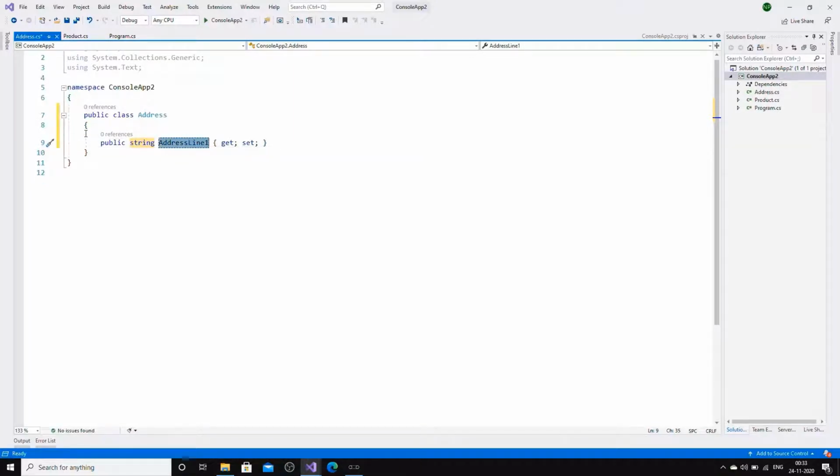I have changed type to string, and I'll give it name as state. I will build it just to make sure everything is fine, there is no compile time error.